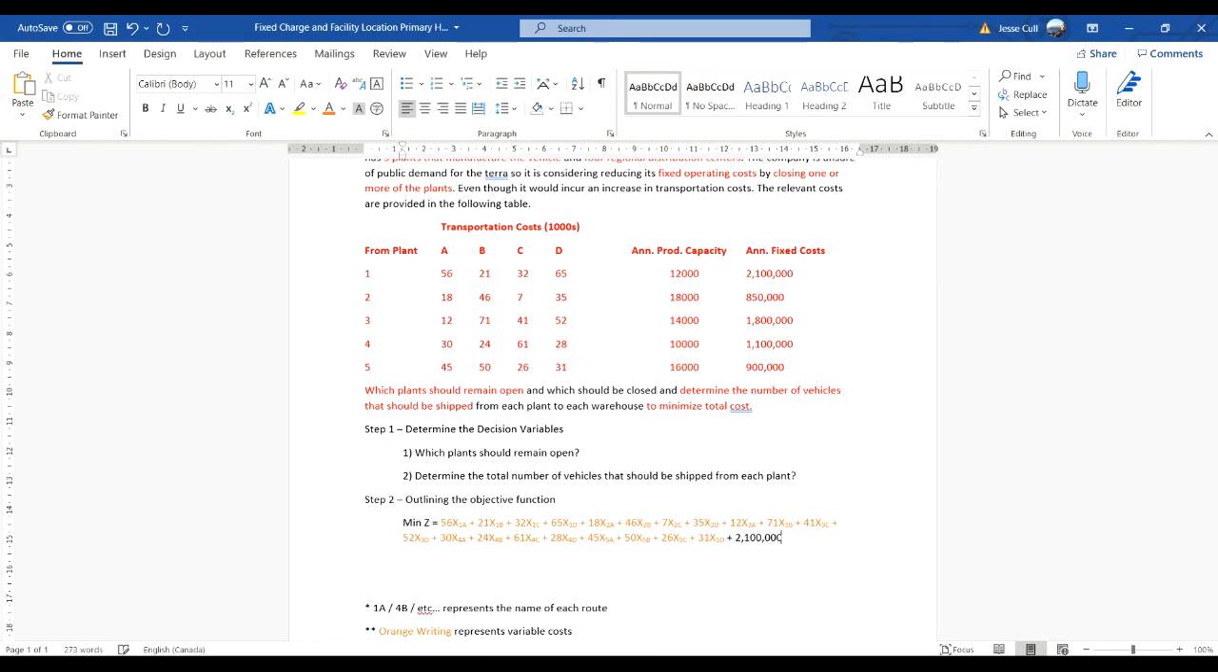2,100,000 Y1 plus 850,000 Y2 plus 1,800,000 Y3 plus 1,100,000 Y4 plus 900,000 Y5. What this represents